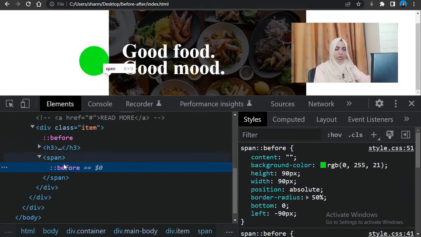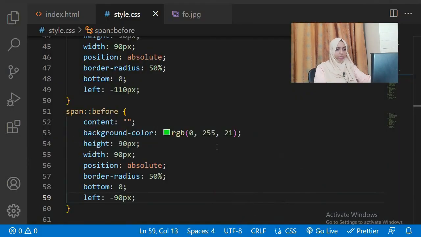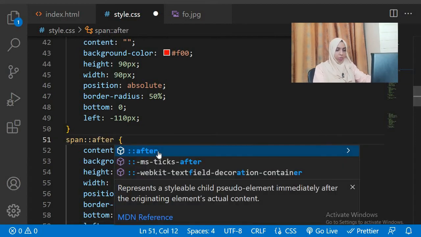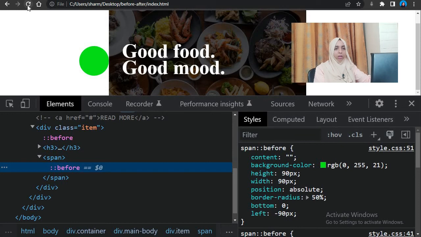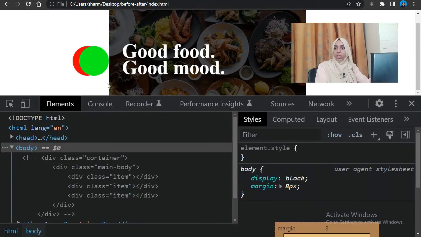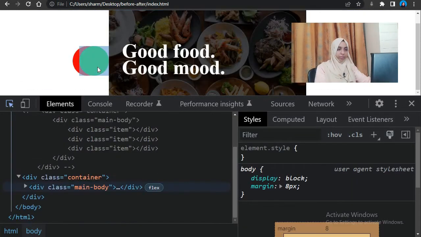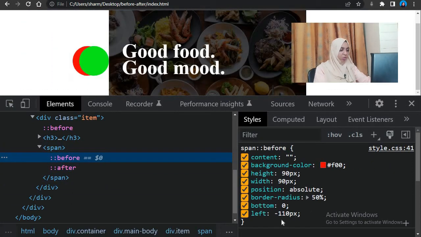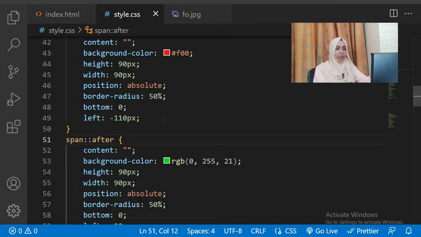Okay, so here is your... what mistake did we make? We didn't change the before to an after over here, so it overwrote. So here after, and you refresh, and perfect. You get both the elements ready over there, right? So this is minus 90, so let's pull that before a bit more to the left, and okay, looks good. So this is your left.